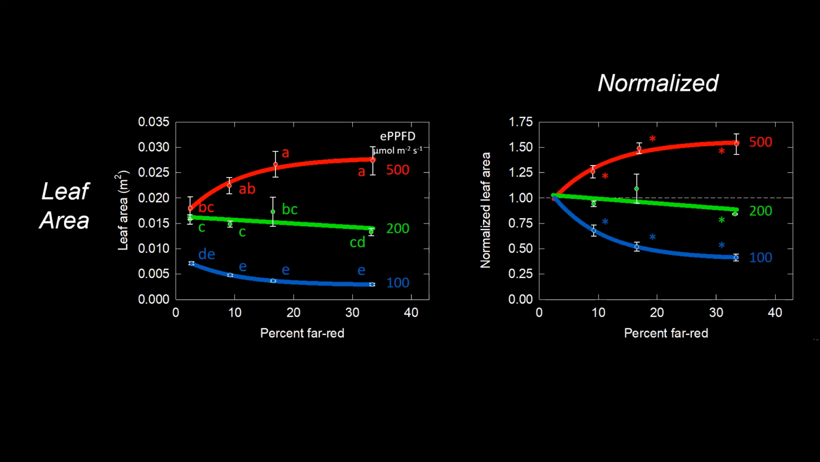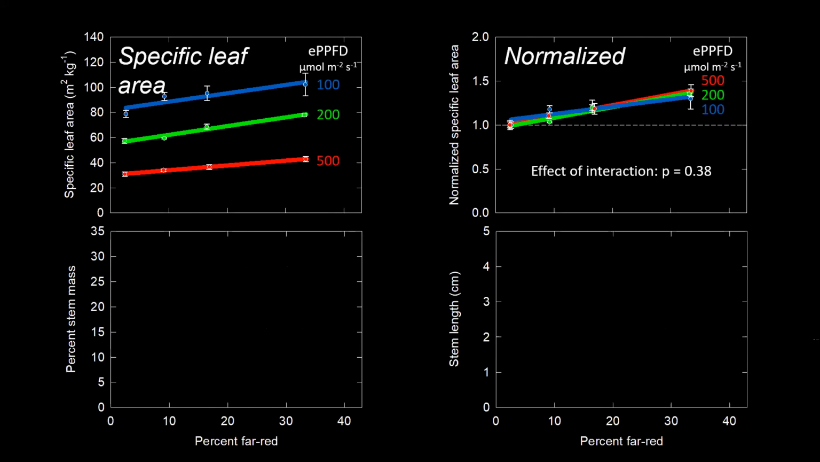So we wanted to do a little bit more investigation of why this interaction between far red and intensity is occurring within the plant. The first thing we looked at was specific leaf area. Specific leaf area is calculated by taking leaf area and dividing it by leaf dry mass. And it's basically an indication of how much leaves are expanding given the biomass